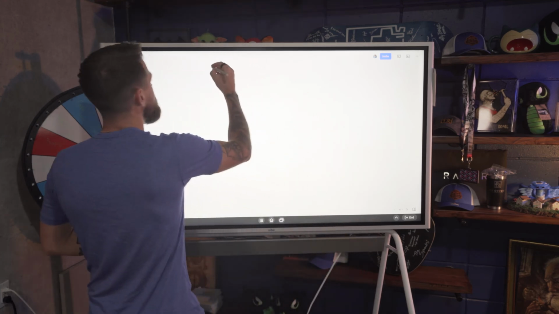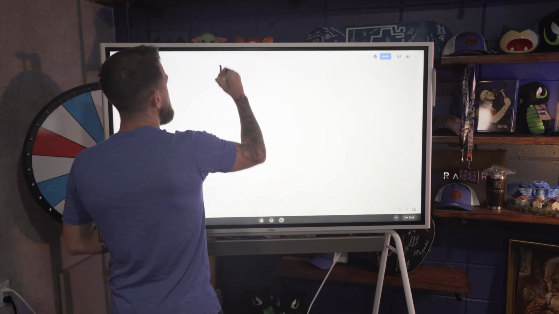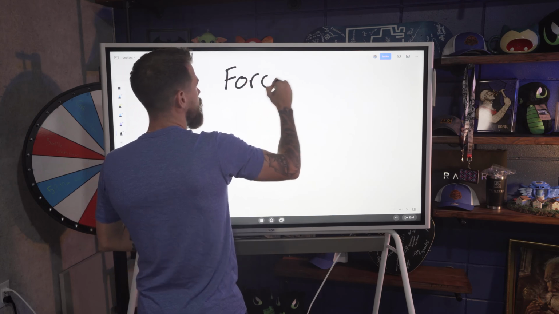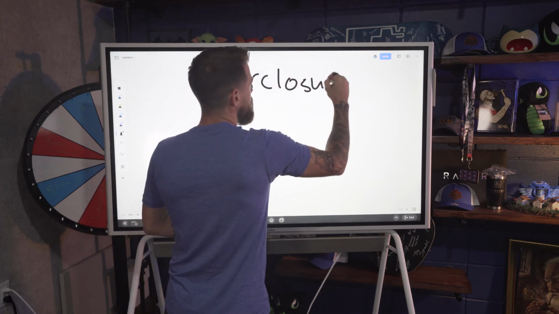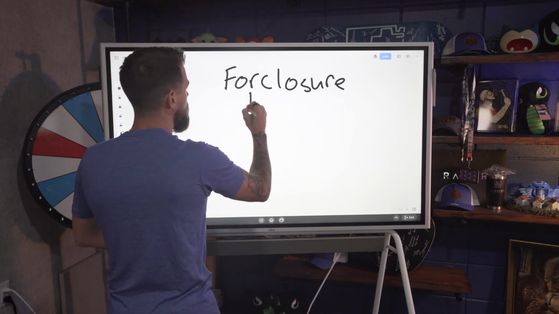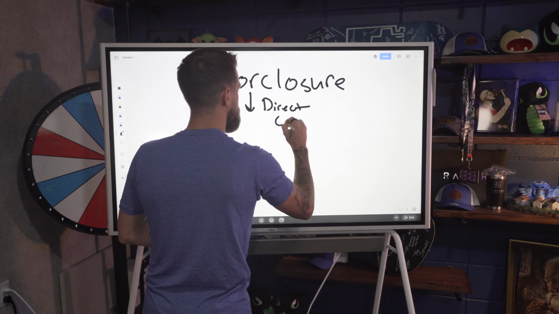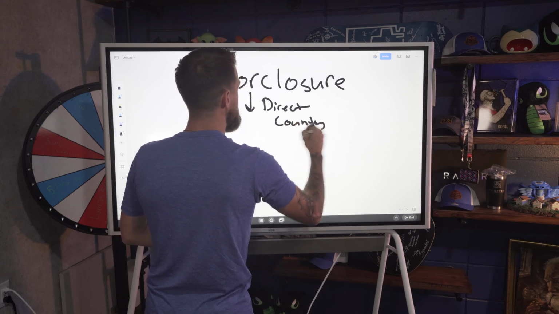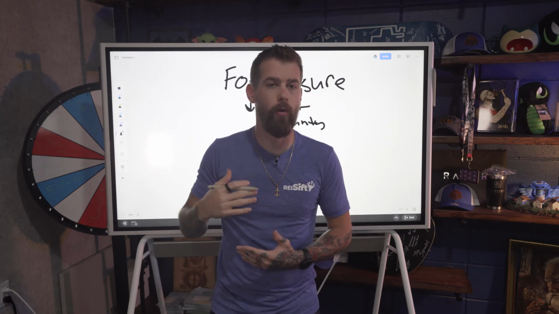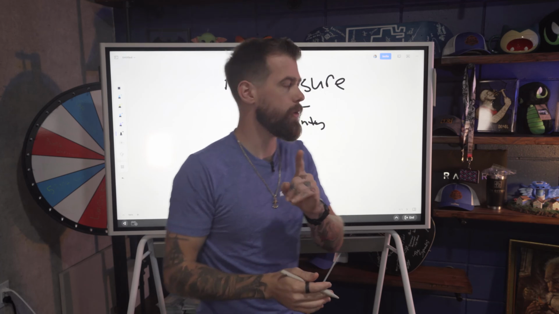So what they're doing is getting this probate list. Let me get my marker. They're getting this probate list, or let's just say foreclosure. Okay, I don't want to talk about probate. Foreclosure. I'm also not a speller, so ignore any bad spelling. And they're going to pull this list directly from the county, be that physically going into the county or going to a website and pulling it from the county. They're getting it from the source. It's really important, from the source.